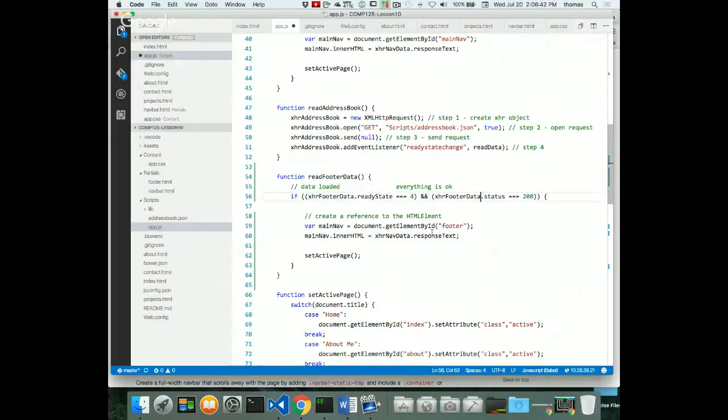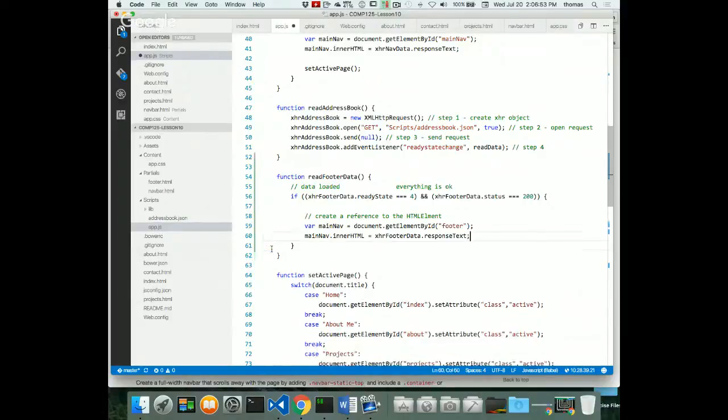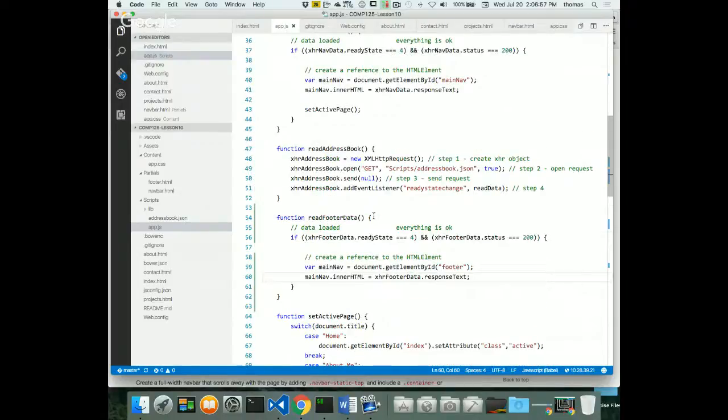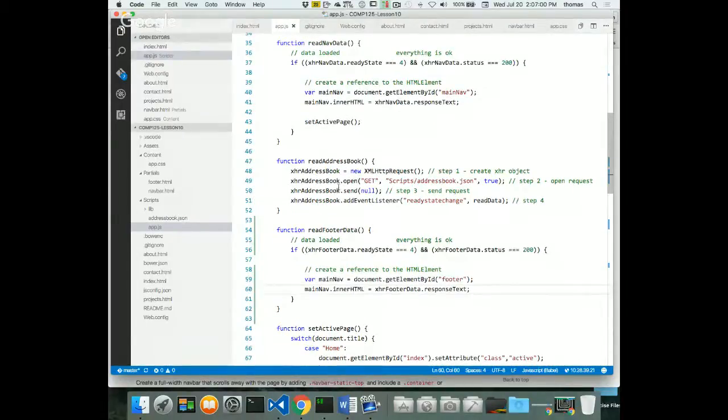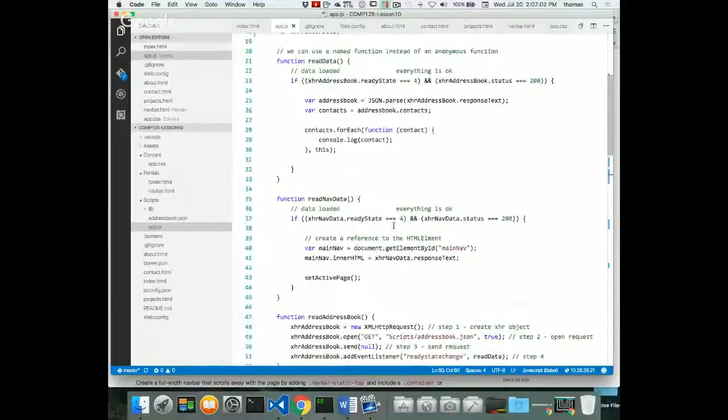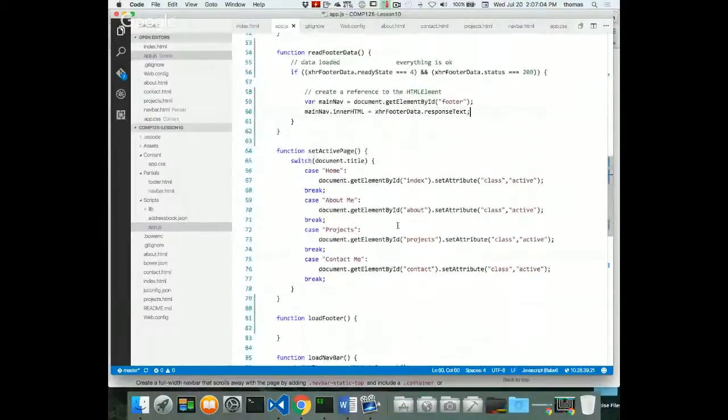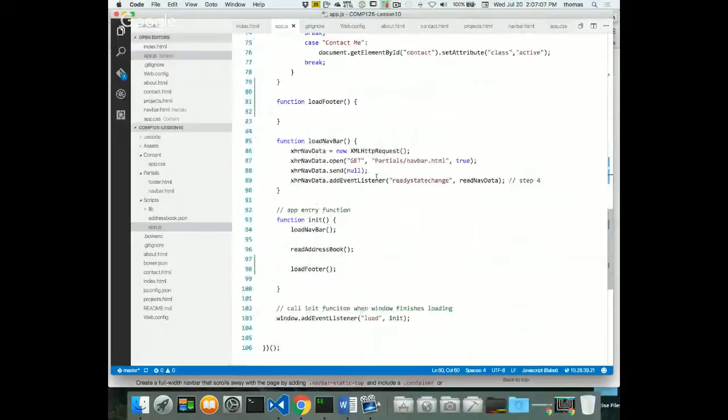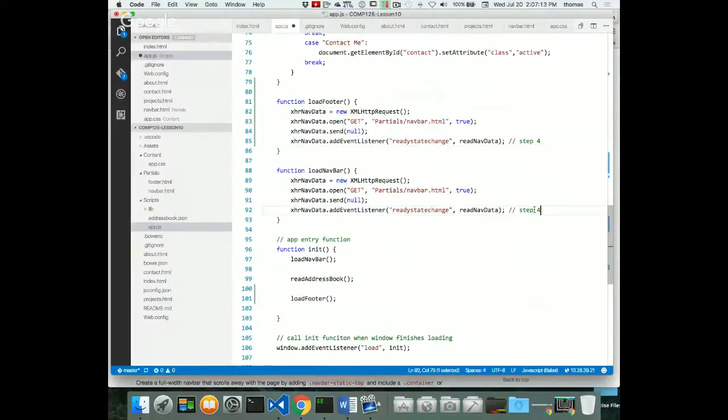make sure that the status is all put in there, so all this is changed. So it's going to take the response text from the footer, and we don't want to set the active page. We don't want to do that. That's not part of it. So this is just our footer data. And we also need to fix up, when we actually do the XML request for the read part, which is down here, load navbar. We'll take this piece, and we'll put it in there. We'll clean up some stuff too. Get rid of this